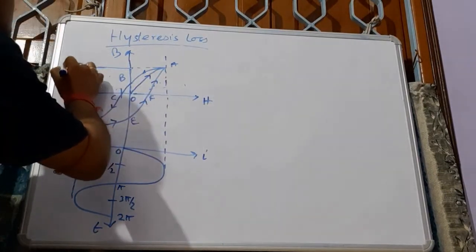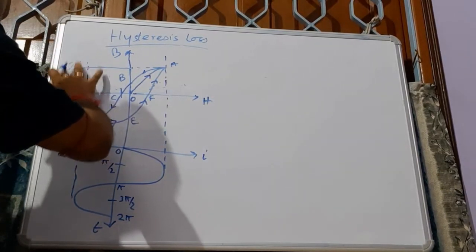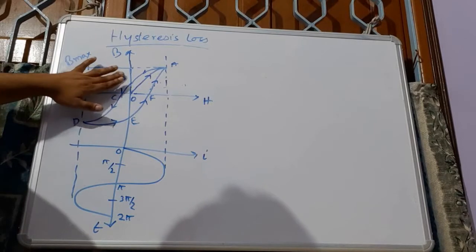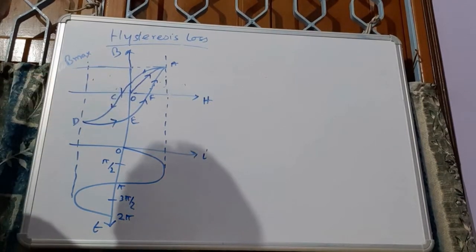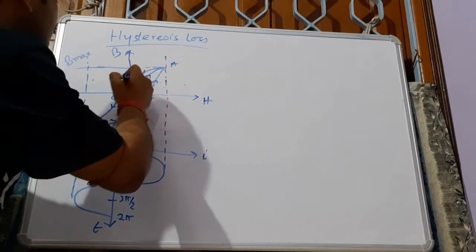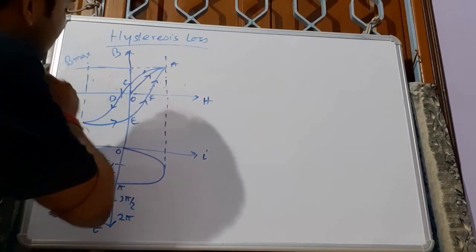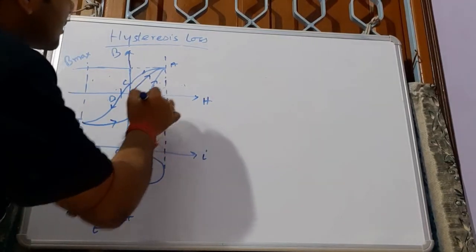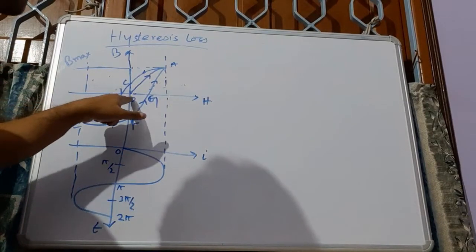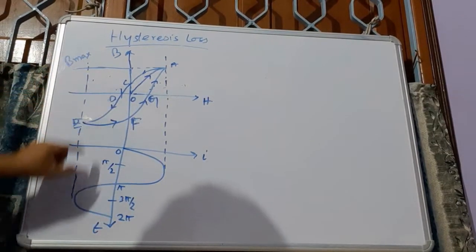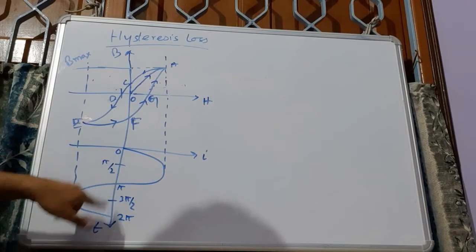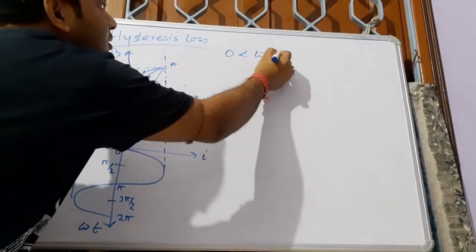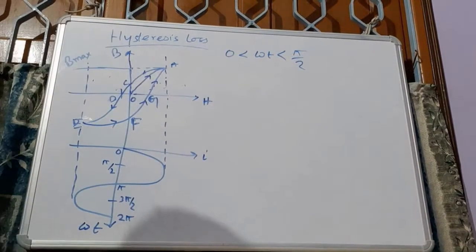Now we can see that for omega t from 0 to pi by 2,